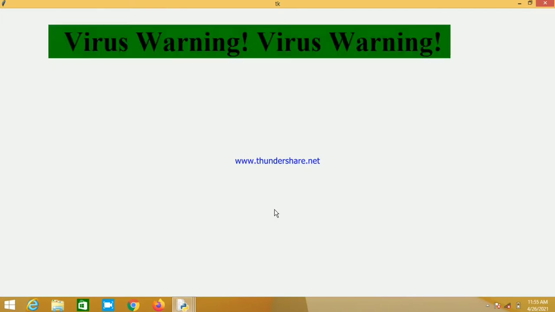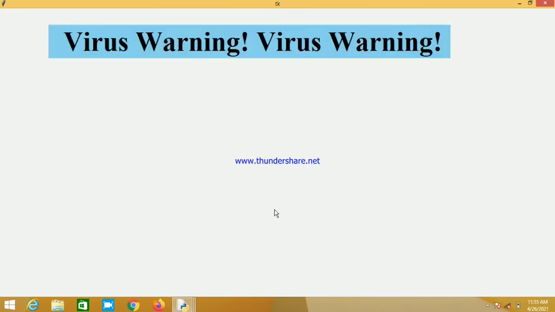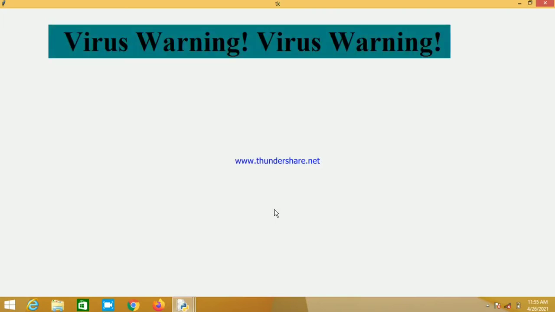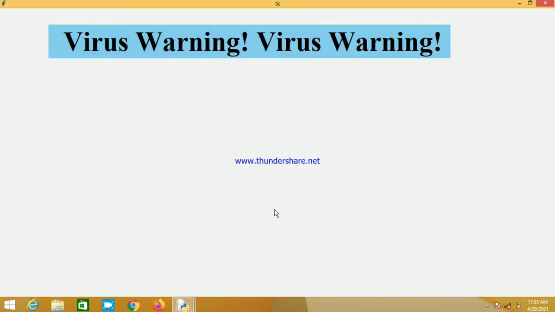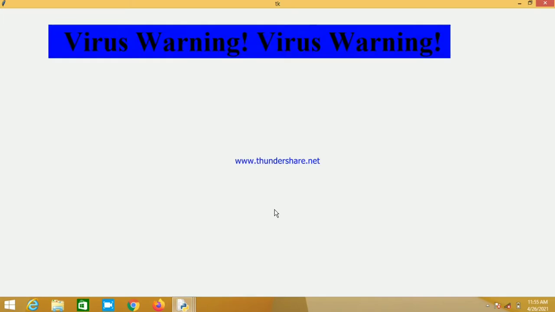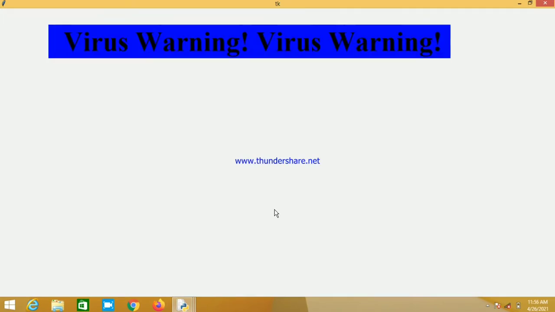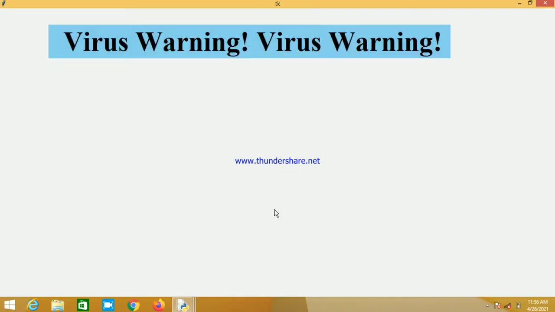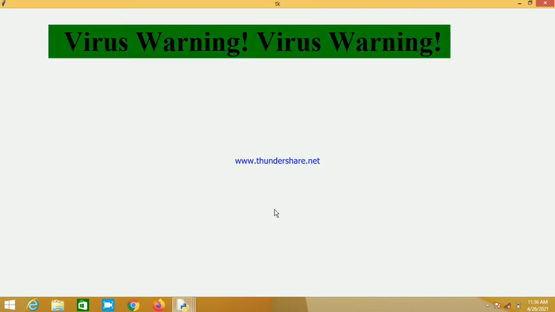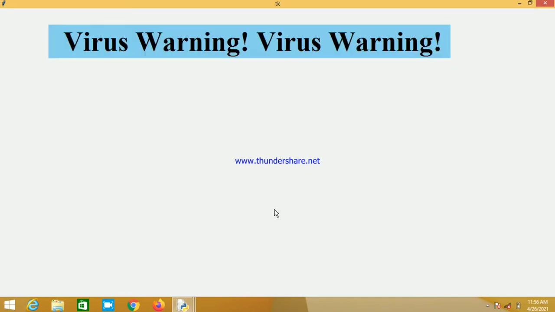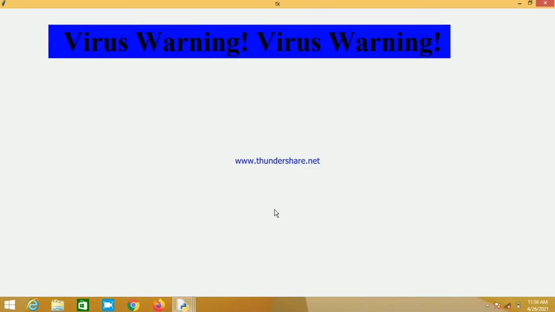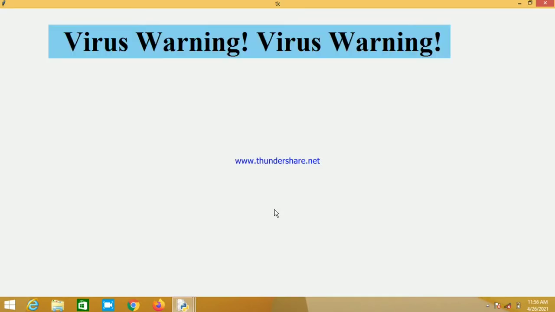As you might have seen when you visit different websites, if there is any security loophole or security issue, it displays a flashing message that you have a virus warning, or a warning that there can be a virus in your system by clicking on this particular link or by downloading this particular file. That particular warning message is a flashing message. So we will learn today how we can display that flashing message in Python using the Tkinter module.